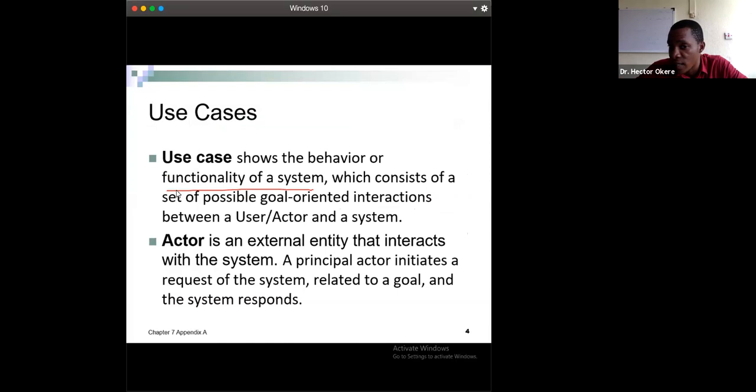This is exactly what I just explained, right? It consists of a set of possible goals, goal-oriented interactions between the user or actor and a system. User or actor and the system. What are the goal-oriented actions or interactions the user or actor makes